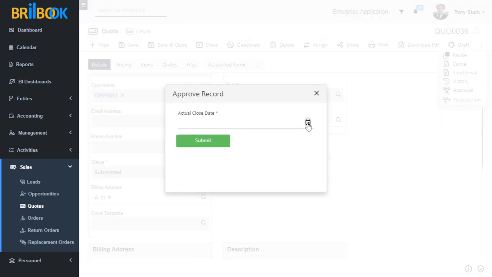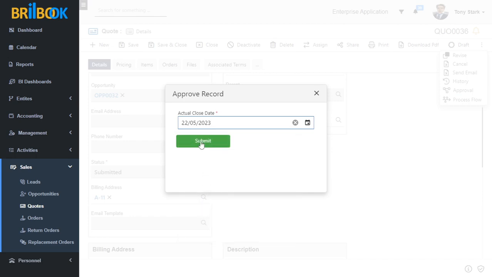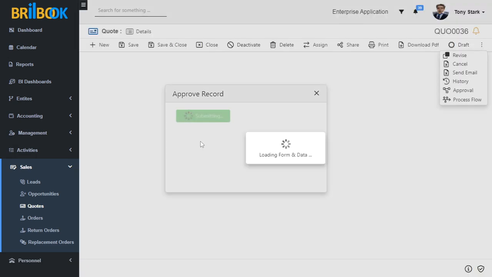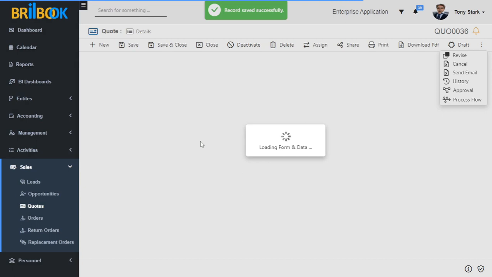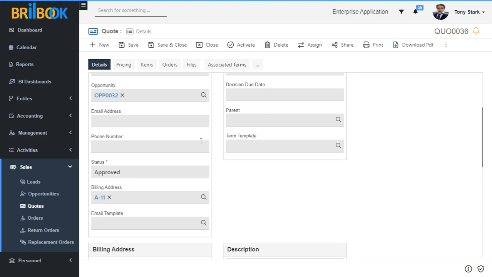Add actual close date and click on submit button. Here you can see the quote status changed from submitted to approved.